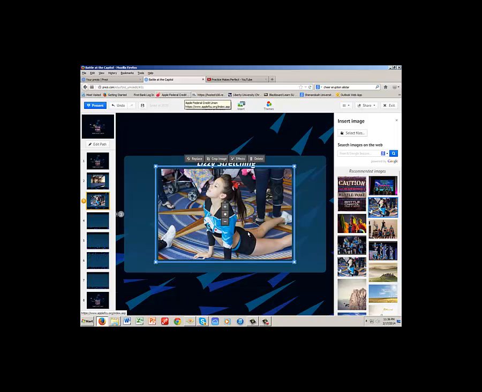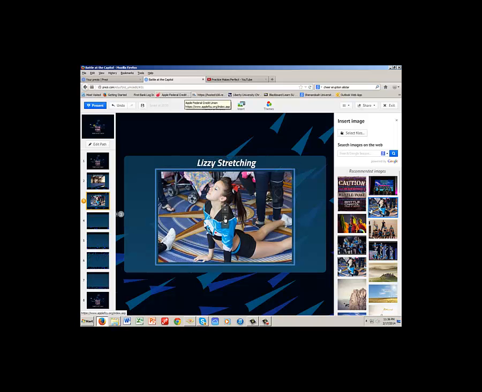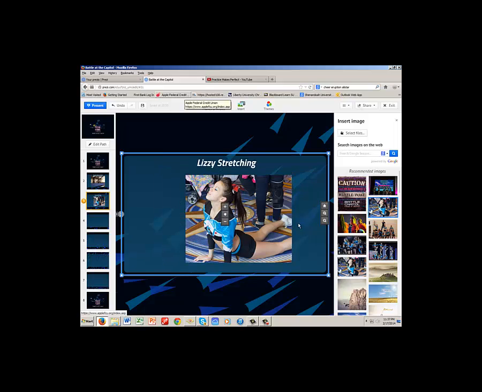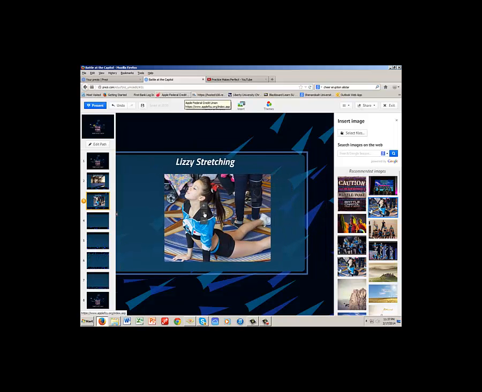Alright, so you'll notice that when the picture comes up, here I have some options. I can either replace it or crop it. Now if I crop it, I'm going to grab the corner and move it in. Now I can go in this way and down, and if I'm happy with that, I just click anywhere outside. And then